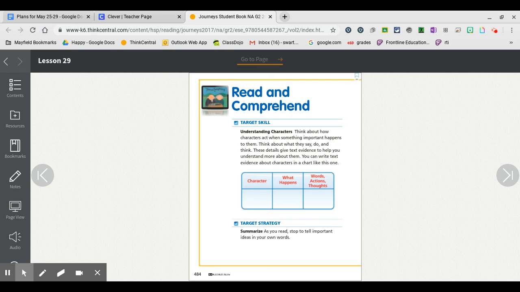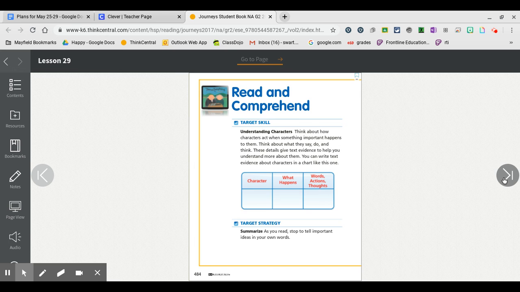So when we recall a story that we've read recently, we can answer questions about it, like what did the character want? How did they try to get it? Did they get it? You can also think about the strategy of somebody wanted, but so then. That may also help you in retelling a fictional story.